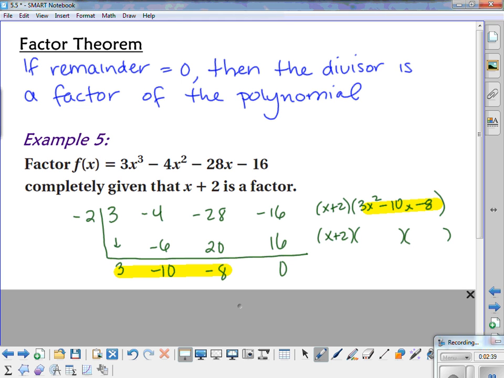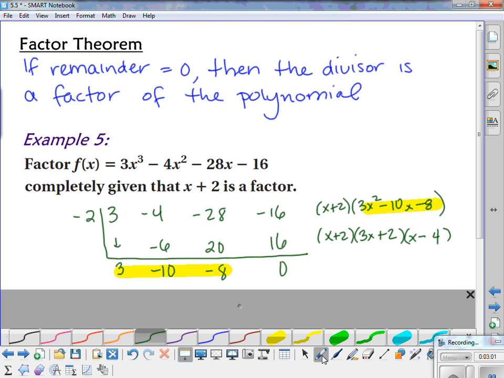So 3 is a prime number, so the only way I could get 3x squared is if it was 3x times x. And then 8 could be 4 times 2 or 8 times 1. And since I want it to come out to negative 10, I'm going to put the 4 over here and have that be negative, and then put this plus 2. And so the fully factored form for that polynomial